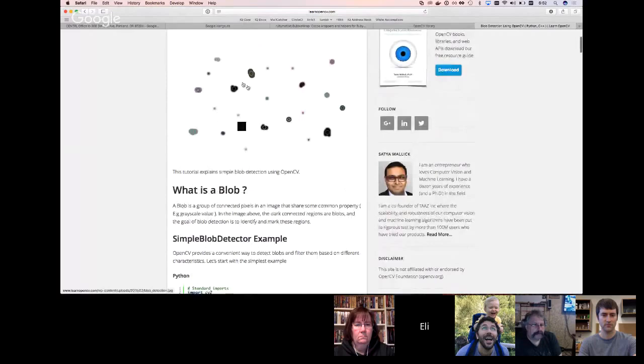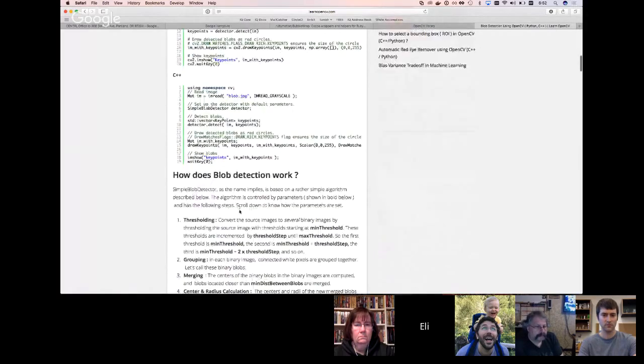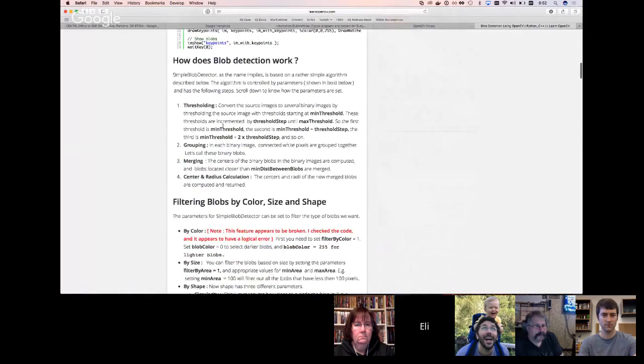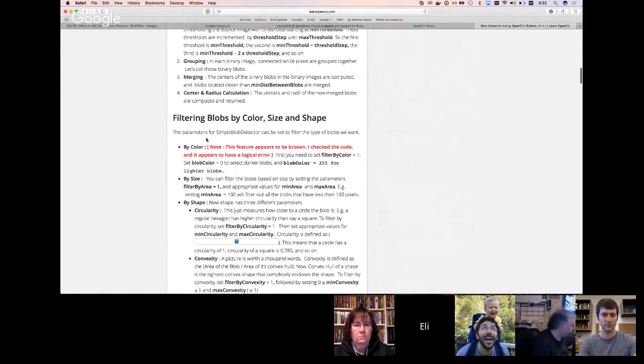So here's an example of an image with some blobs in it. They have a Python standard example, a C++ standard example, and it looks like there are a couple main things, like threshold, which is the grayscale, basically from white to black. Then there's